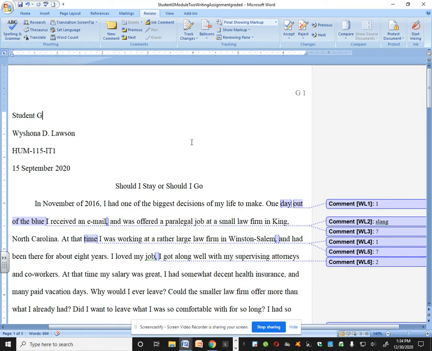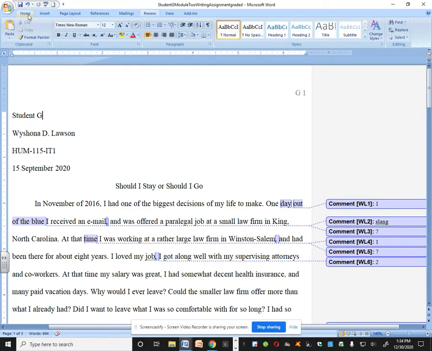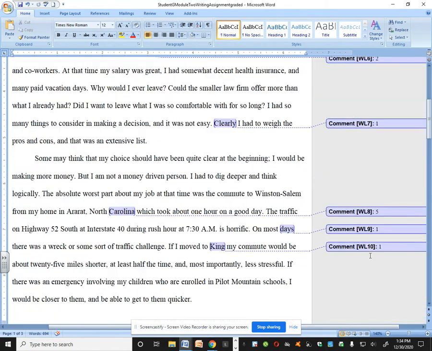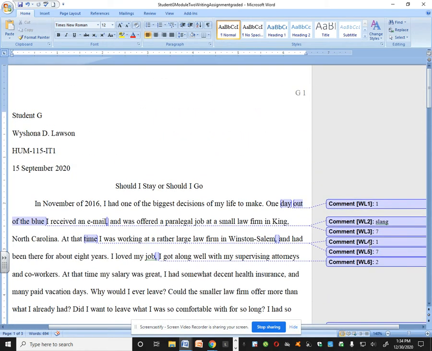Now, what you see here on this student's paper are numbers. And I'll just kind of scroll down here so you can see. So these probably do not make much sense to you at all,